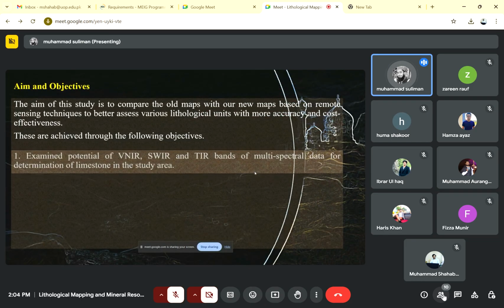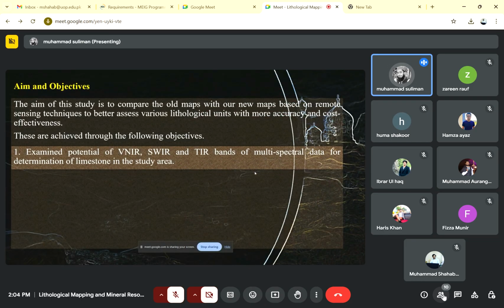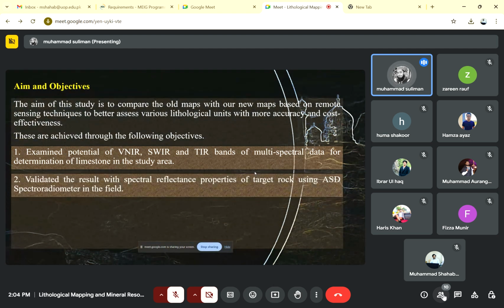So the aim and objective in this study is to examine the potential of the very near infrared, short infrared, and thermal bands, and how these bands are capable of delineating the limestone or carbonate strata within the study area. The second aim and objective is to validate the remote sensing based